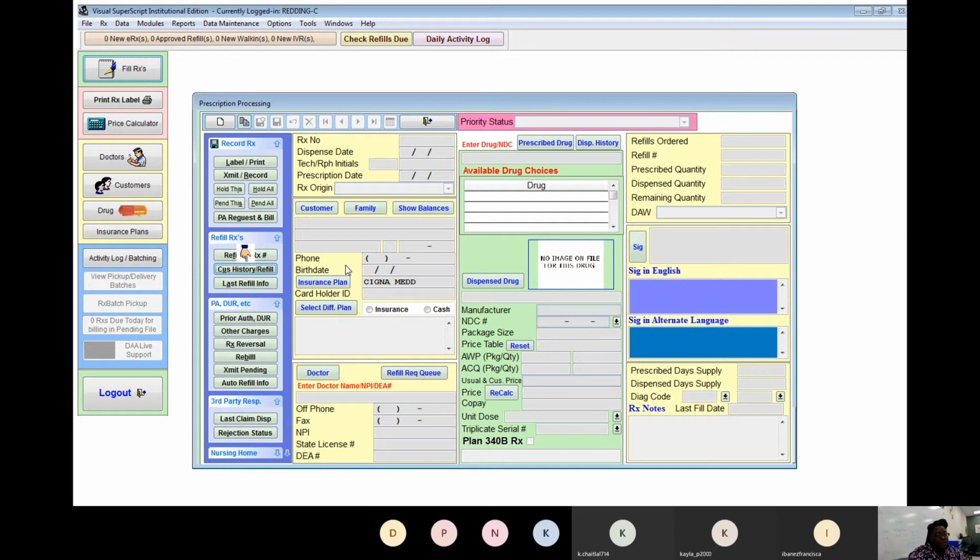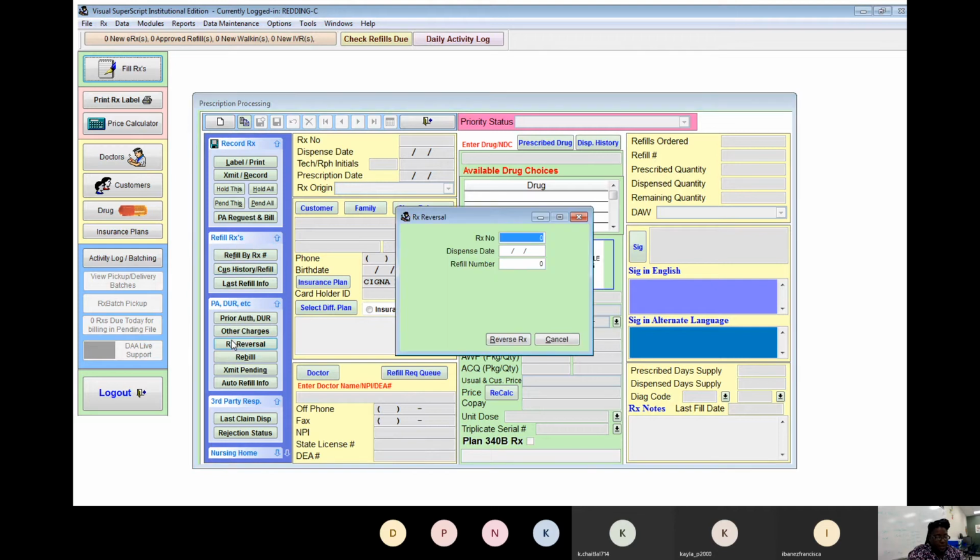To reverse the prescription, there are multiple ways you can do this in the system, but through here, I'm going to show you. It's going to be through the prescription processing screen. Under the tab, I'm going to click on RX reversal. In order to reverse the prescription, you have to have the prescription number. So I'm going to enter that information in,